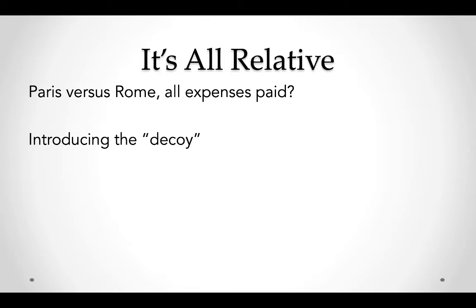That dummy choice that you saw with The Economist in the middle choice, or Rome, all expenses paid, no coffee, it serves as a decoy. It's a decoy that is a dummy choice. No one wants it, but it does influence the choice of the rest of your decisions, right? So decoy, if you know, it's a dummy thing. It doesn't do anything, but it does influence your decision.